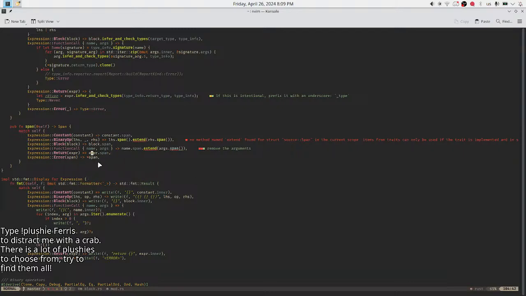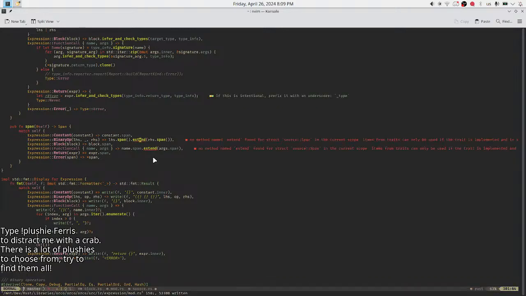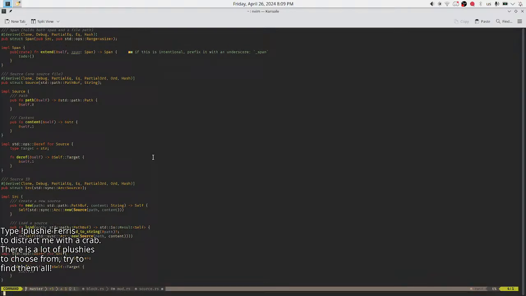And the error span is just span. Remove the arguments. Right, you're right. Now I need to make extend. Generate extend function. Span. Implement span. Make it public.